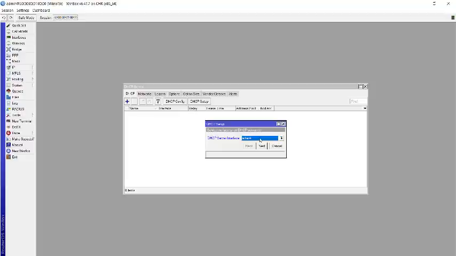So I want to create the DHCP server on Ethernet 4, and here you have to select Ethernet 4 or any interface on which you want to create a DHCP server. I'm going to select Ethernet 4 and click on the next button. Here it will ask you for the network. Whatever network you are going to put in your LAN, here you have to put the network, not the gateway, not any IP address. Here you have to put the network ID and the slash value. Slash means whatever subnet mask you want to put in your network, that slash value you have to put here.